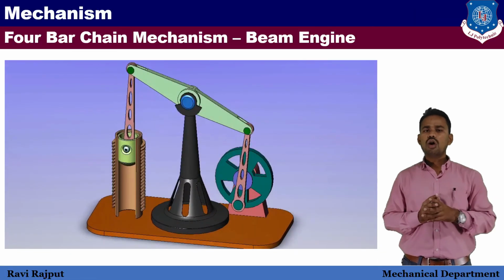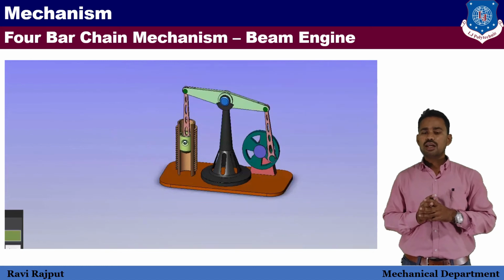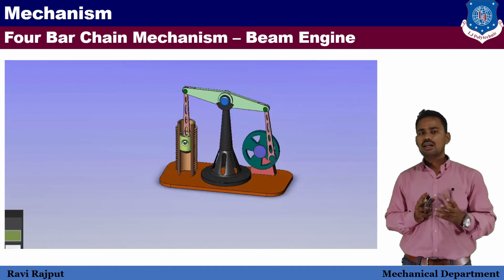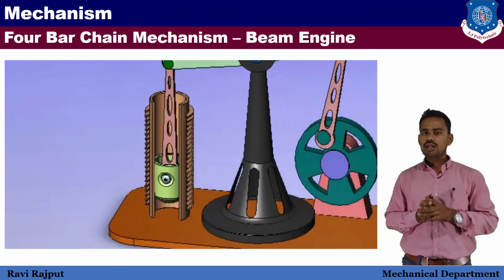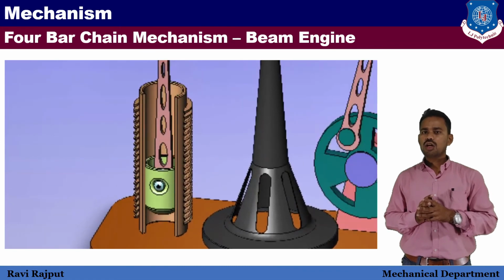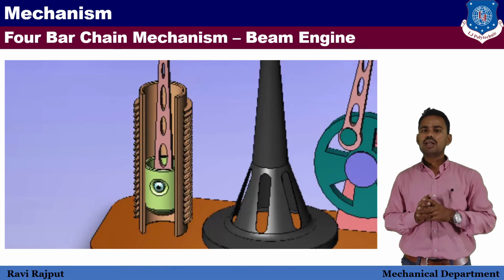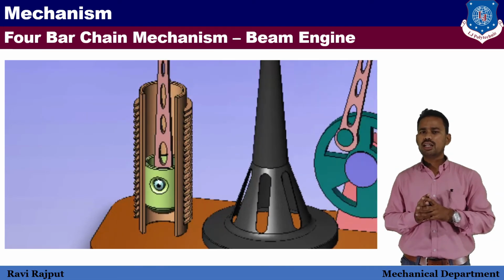Here we can see all the components and the working of the beam engine. The wooden plate which we are seeing at the bottom is the fixed link, that is the frame. On the frame, the grey colored beam is installed, and the beam, cylinder and frame hold all the components. The green one is the crank. The crank is being supplied with some kind of rotary motion, and that rotary motion is transferred to the lever by means of the connecting rod.